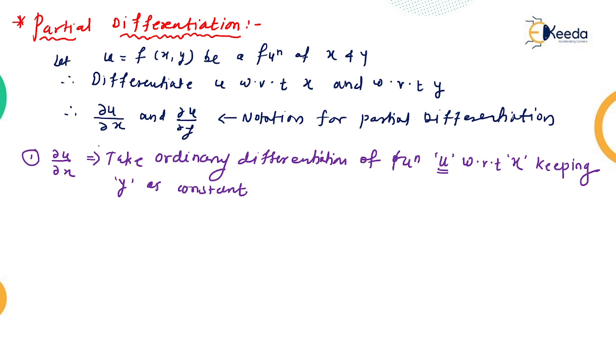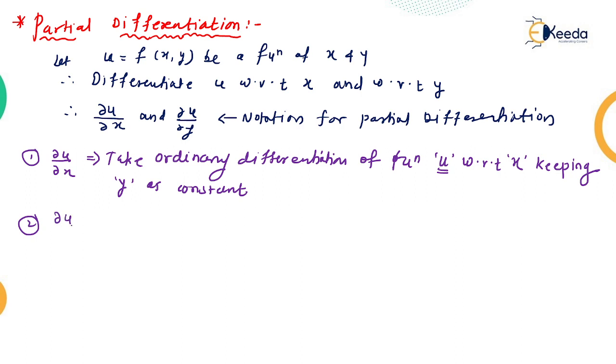Let's see, you know very well u is a function of two variables, that is x and y. When we take the differentiation of u with respect to x, then we have to take just ordinary differentiation of u with respect to x, but keeping y as a constant, that is ∂u/∂x, or it is also called del u upon del x. Number second,